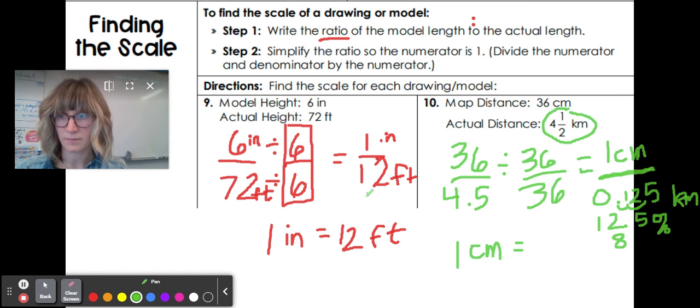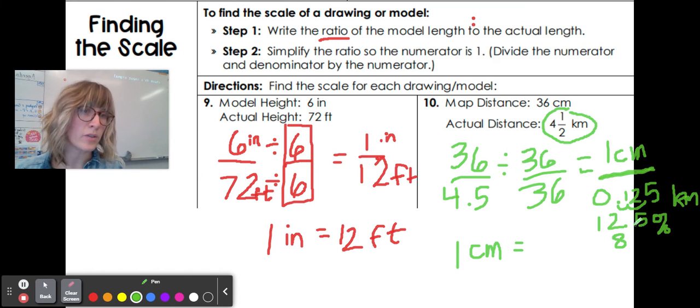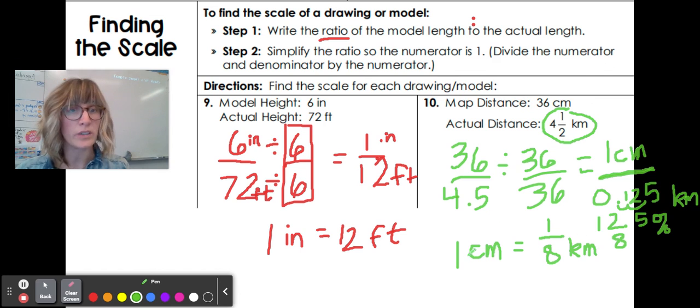And either way, you're going to see that you end up with 8. But not just 8, because we also essentially are doing the same thing to the top up here. So we have to remember that we also still have this numerator. So we did 1 divided by 1 essentially is still 1. And then in our denominator land down here, we've ended up with 8. So we end up with 1/8 of a kilometer is equivalent to a centimeter on